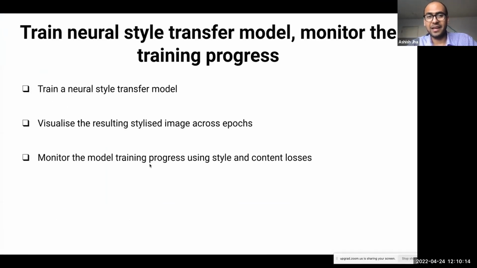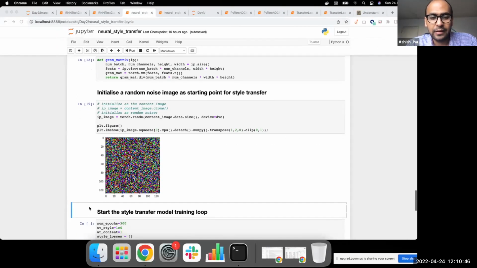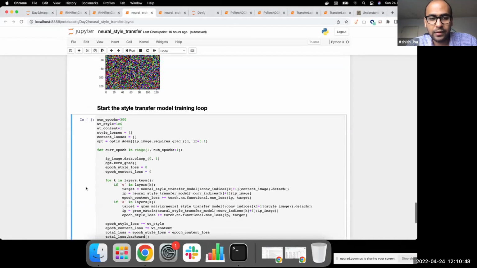Which brings us to the actual main step of neural style transfer model training or fine tuning loop. So we will now do this whole loop where we run this input image through the model of 5 convolutional layers. We will compute the content and style losses. We will backpropagate the gradients not to the parameters of the model, but to the pixels of our initial image. And we will see how epoch by epoch our image is changing, which hopefully will make the process clear to you. So let's start with that.